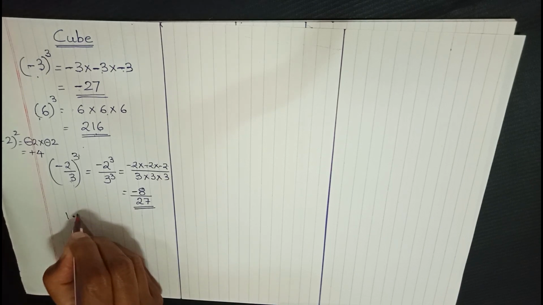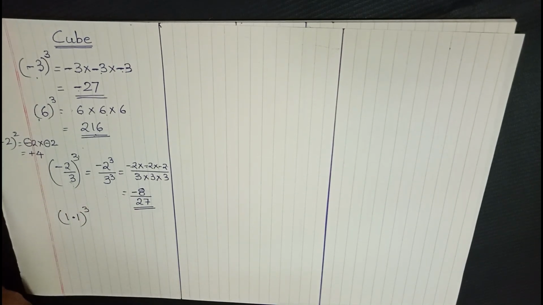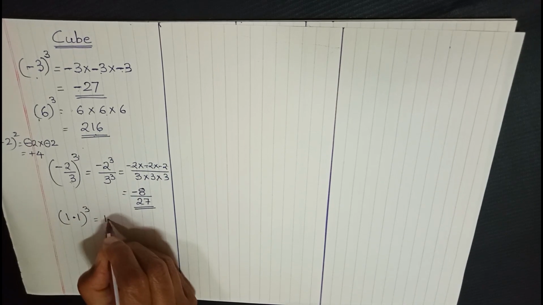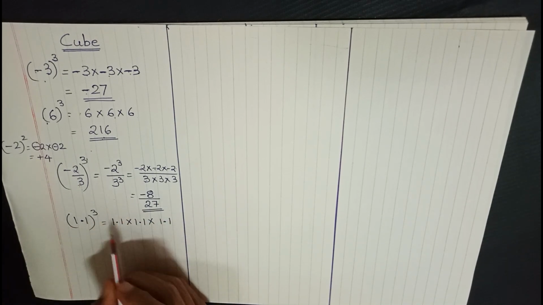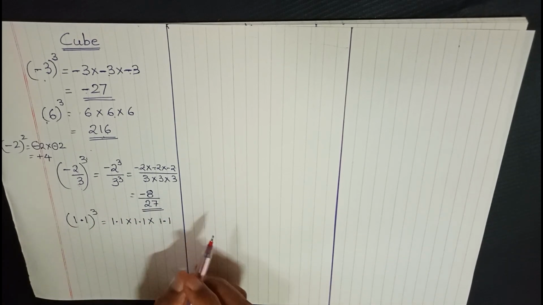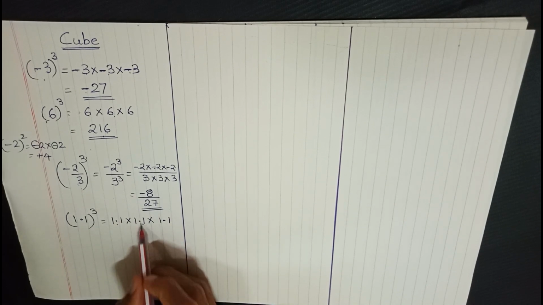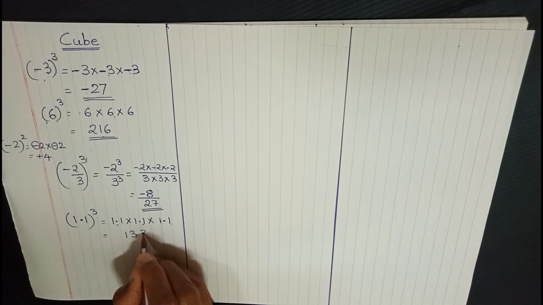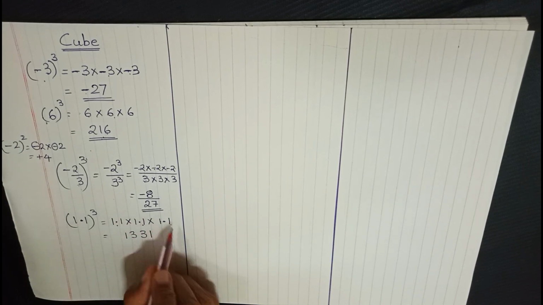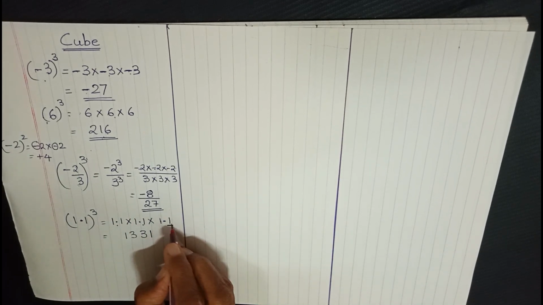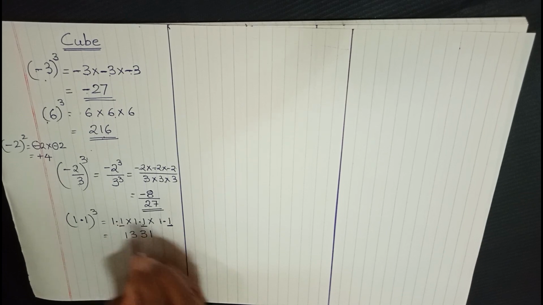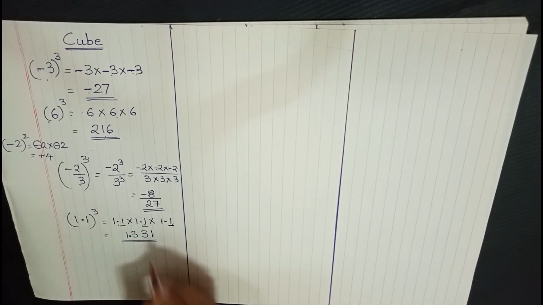Let's take one more example. Let us say 1.1. Now I have to find out a cube of 1.1. Again, method is same. We multiply it 3 times. So we don't first look at the decimal, we just multiply the numbers. 11 into 11, 121. 121 into 11 is 1331. Now after we have got the multiplication, now we decide where to put the decimal. Now you can see there is one decimal place here, one here and one here. So 1, 2 and 3. There are 3 decimal places. So 1, 2, 3 and we put the decimal place here. And this gives our answer.